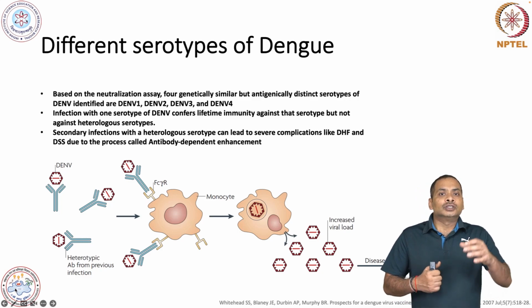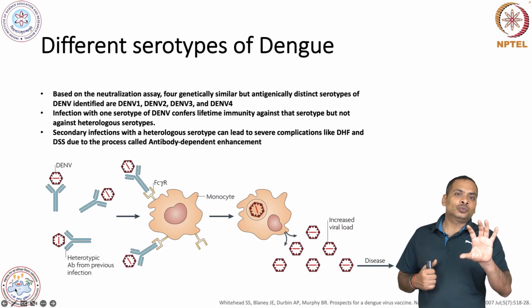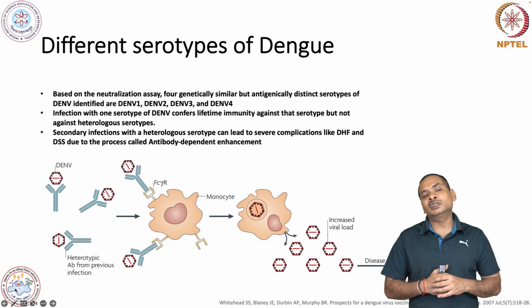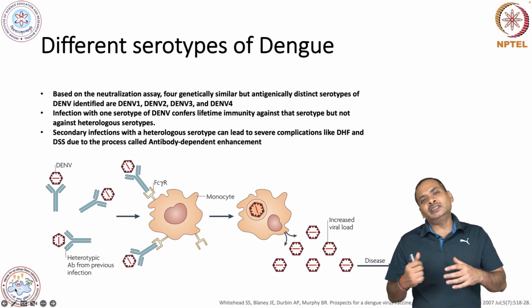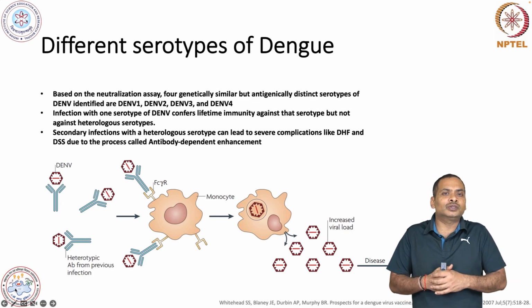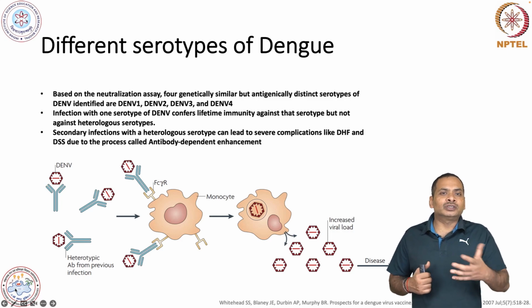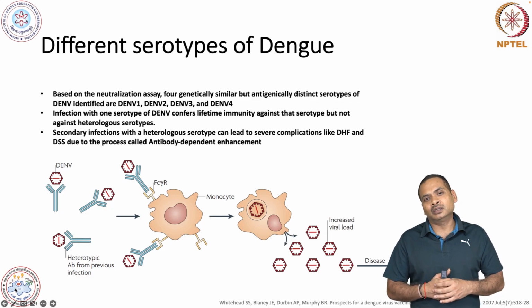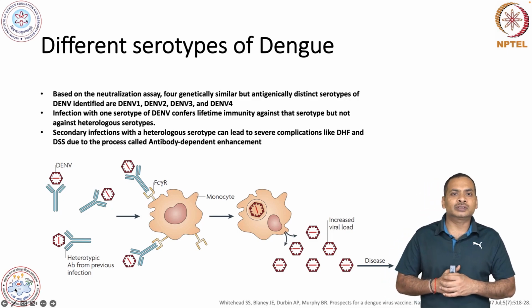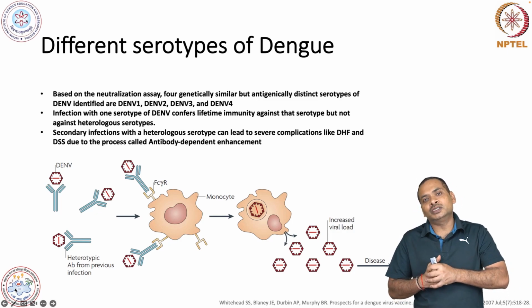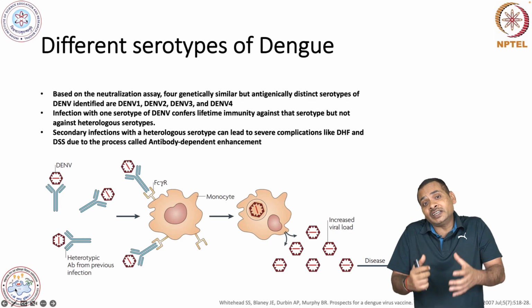Once this antibody binds with the virus, there is an Fc receptor on the phagocytic or immune cells, and then it will be phagocytosed, or it will be taken care of by the complement and so forth. But here, what it is doing, once it is attaching with the antibody, it is facilitating its